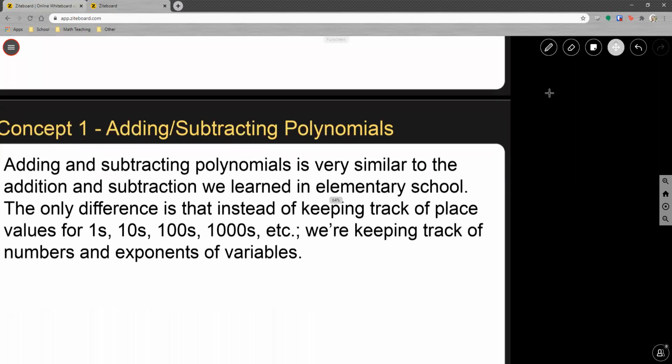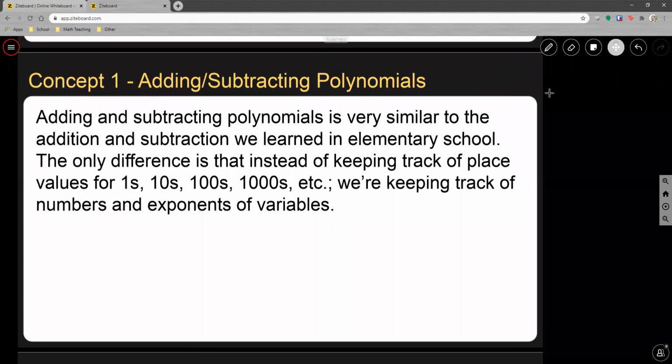Let's expand this a little bit. Adding and subtracting polynomials is very similar to the addition and subtraction that we learned in elementary school. The only difference is that instead of keeping track of place values for ones, tens, hundreds, thousands, etc., we're keeping track of numbers and the exponents of the variables that are with us in the polynomial. As a little refresher, if we go back to elementary school, if I've got 478 and I'm adding that to 297,